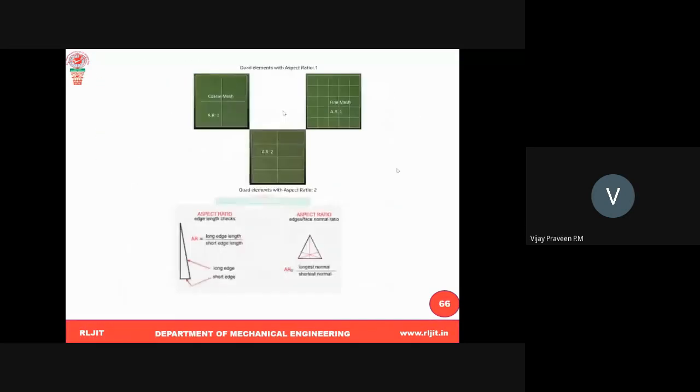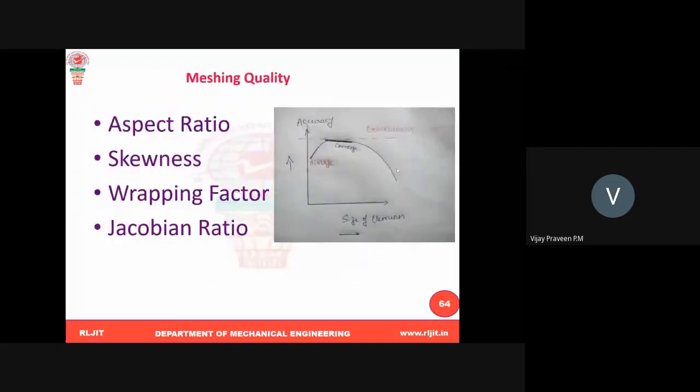So all these check the meshing quality. Any of these quality ranges have a standard; if you cross that, then the accurate result will definitely be in a diverged state. That's why, even by reducing the size as much as possible, you will not get the accurate result. Up to one limit you can get it. After that the result will diverge.